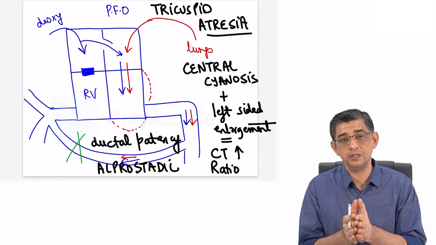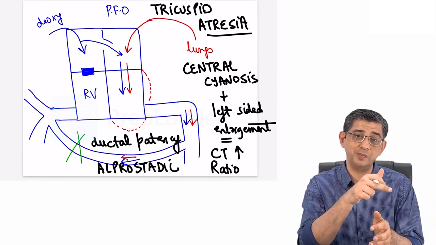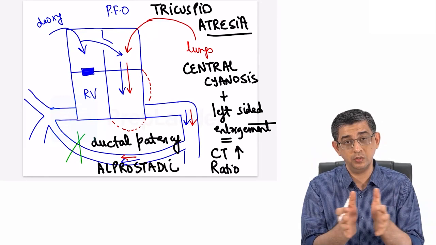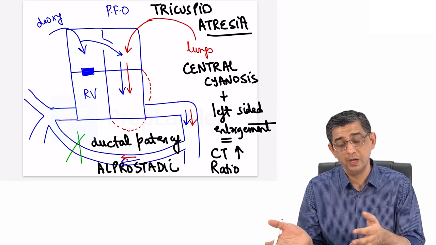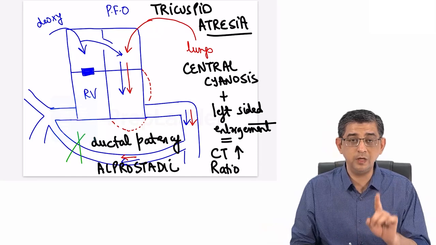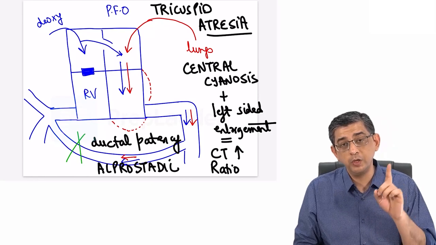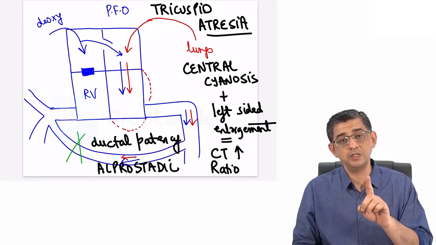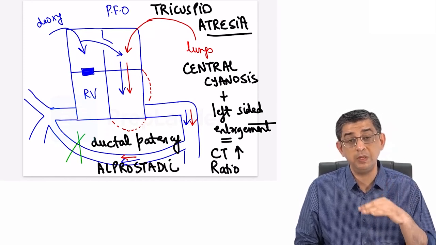So in those circumstances, if it's a normal CT ratio with an upturned apex, it is boot-shaped. If it is an increased CT ratio and the heart looks bigger, then the answer can even be tricuspid atresia. So the learning point is, guys, I repeat once again, in TOF the CT ratio will be normal, whereas in tricuspid atresia the CT ratio will be increased, in spite of the fact that hypertrophy will definitely be mentioned